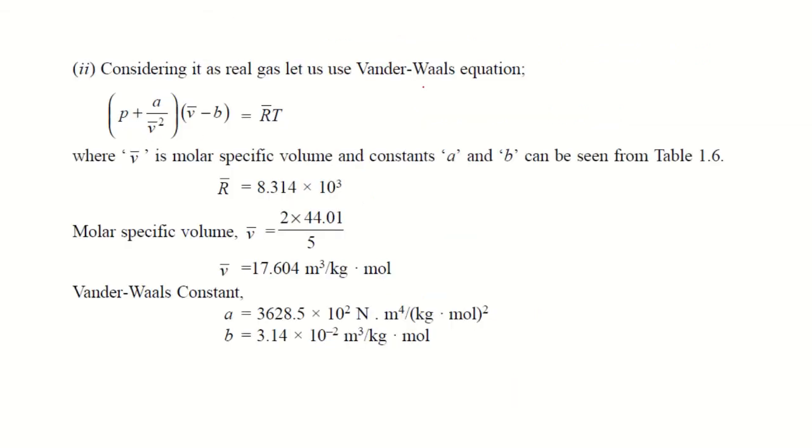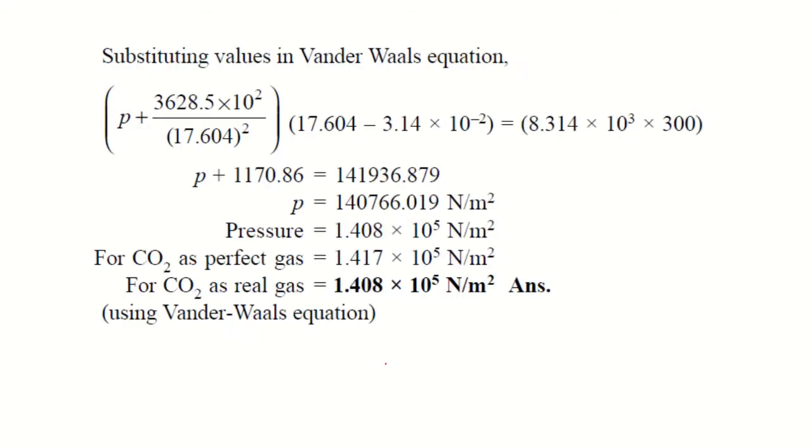So go to the van der Waals equation. Get a and b values for carbon dioxide from the table that are available in thermodynamic tables. If you have it, you can obtain these values. So then you know all other values. You can find out the pressure. The van der Waals constants are known, and you substitute, you can find the pressure value. That pressure value that you are going to get from this equation is this one.